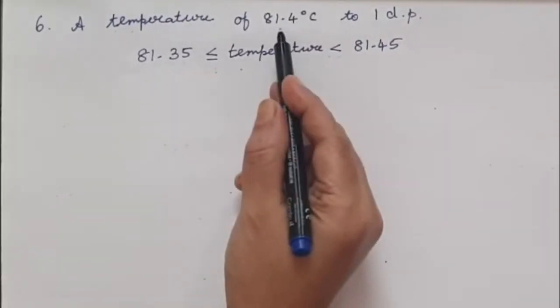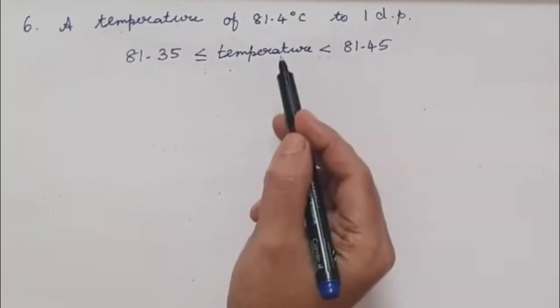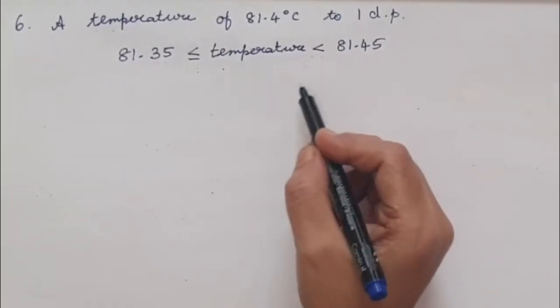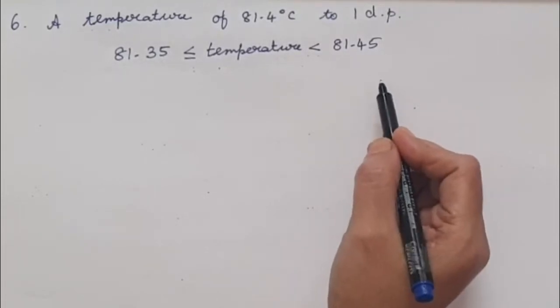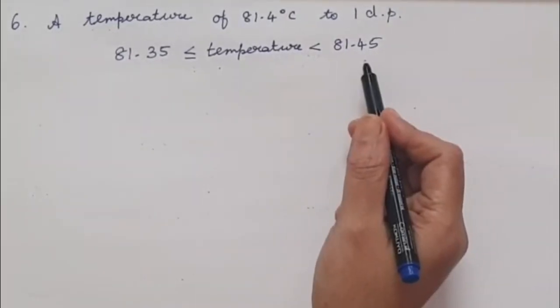Always check significant figures and decimal places. You need to check and then find whether you are getting the answer. But for a whole number, when it is rounded, it is easier. Just divide that by 2 and subtract for the lower value and add it for the upper value.